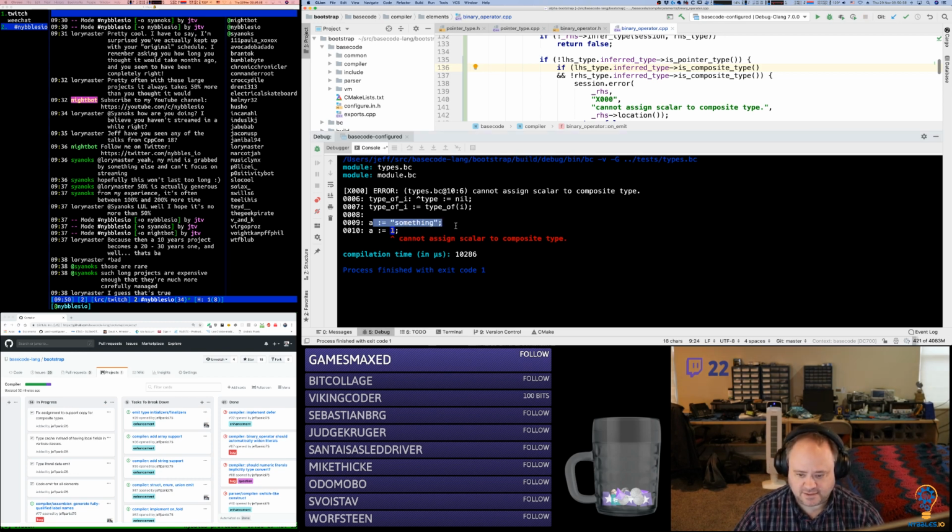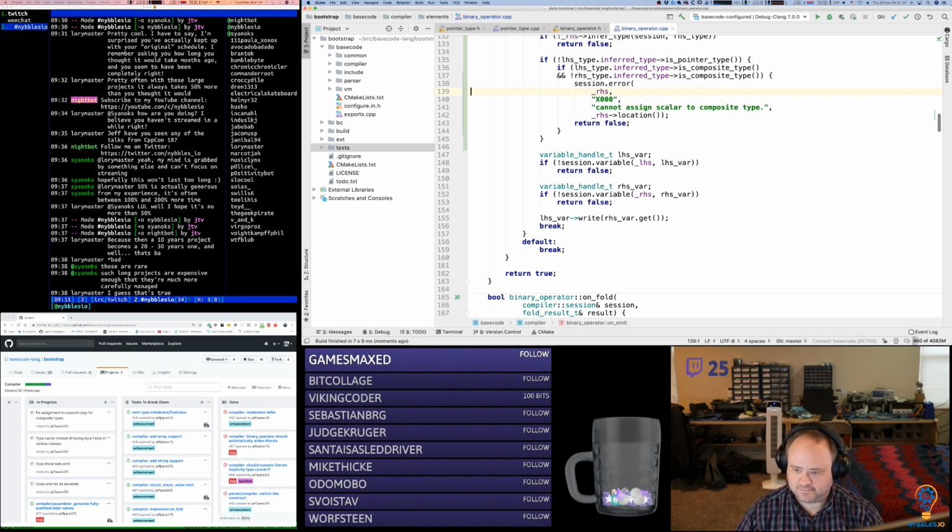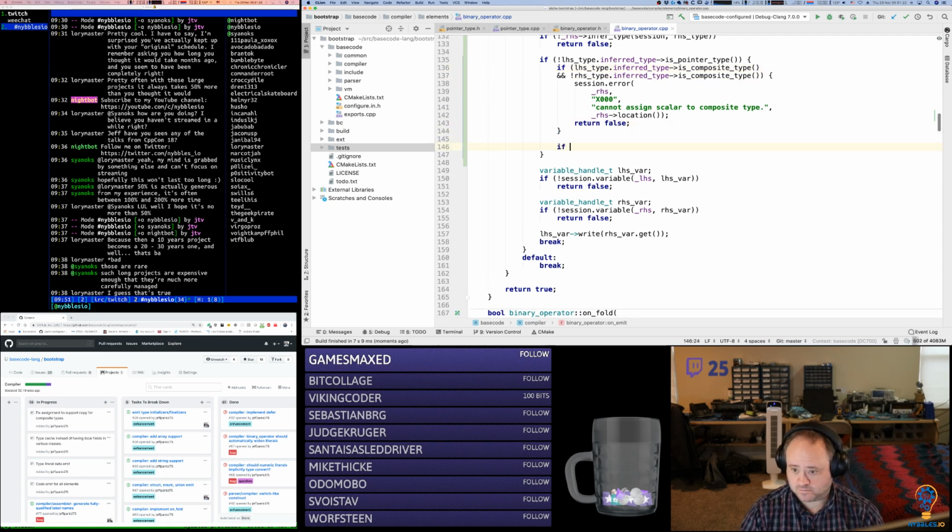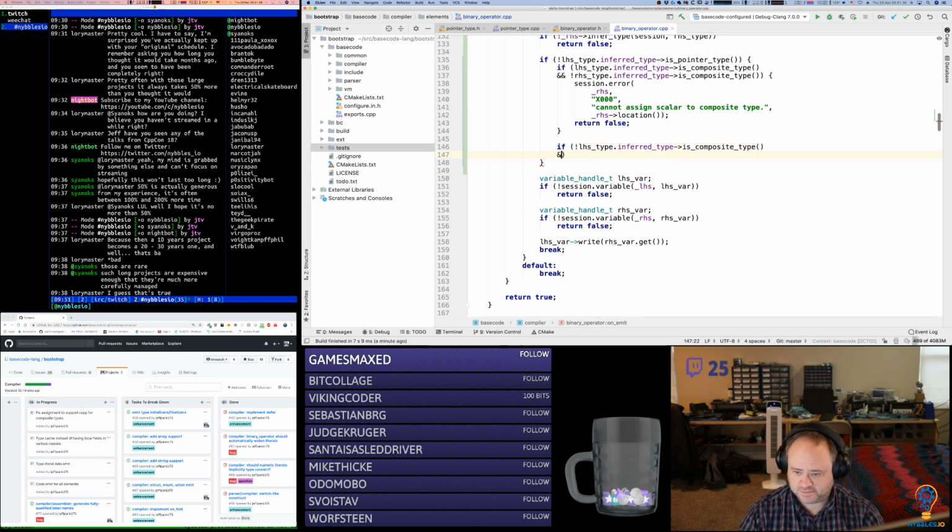We have A is a string, that's a composite type. 1 is not a composite type. You can't assign a scalar to a composite. That's bad. Okay. And the inverse is true. Left-hand side is not a composite type. Oops. And the right-hand side is